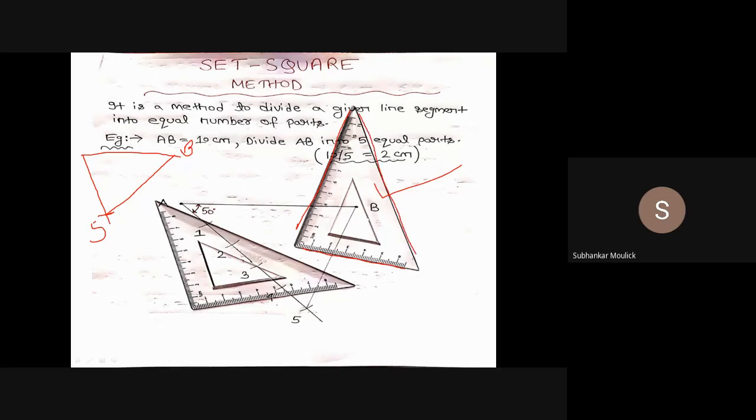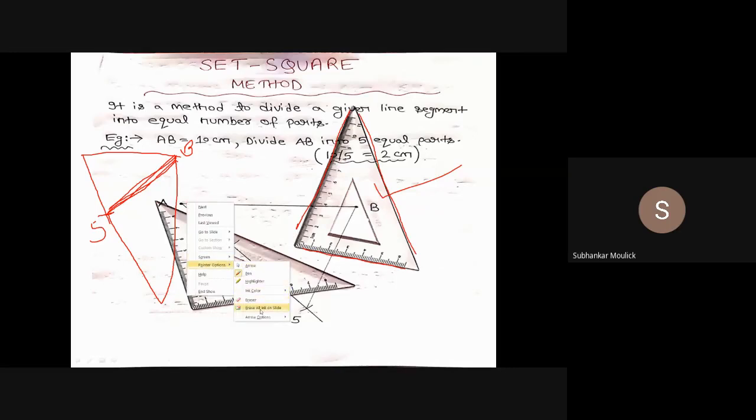Okay, what I am telling is you have to align the perpendicular end of the 45, 45, 90 set square with the 5B line. Since 5B is aligned in this direction, you have to align this perpendicular side of the 45, 45, 90 set square with this 5B line. That means the position of the set square will be like this. Now it is clear? Yes, sir, it's clear. This is what I am telling you from the past 5 minutes.